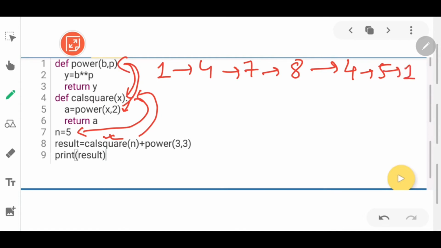So from line number 5, the control will again jump to line number, how much? Line number 1. Which function has been called? The power function has been called. So the control will again jump to line number 1. After that, it will execute the statements within the power function, which is line number 2. After that, it will go to line number, how much? 3. Here the return statement is there,